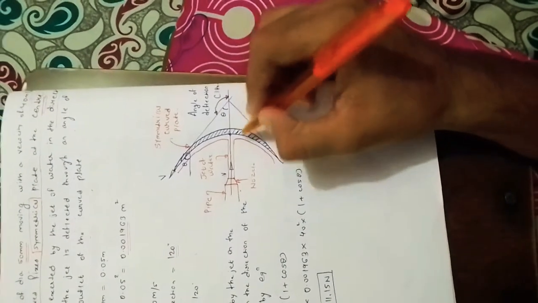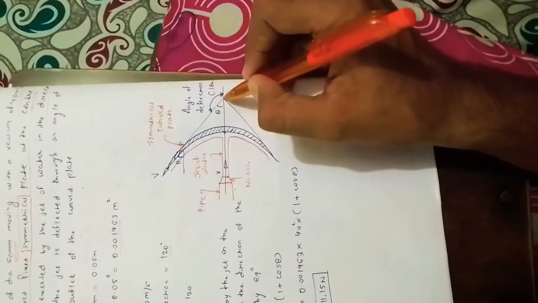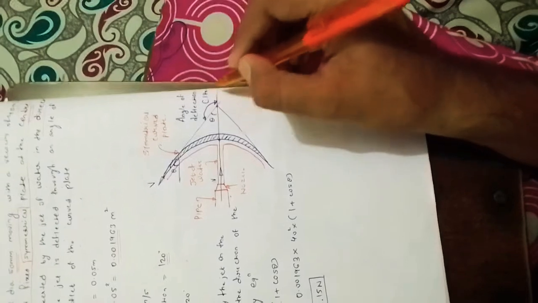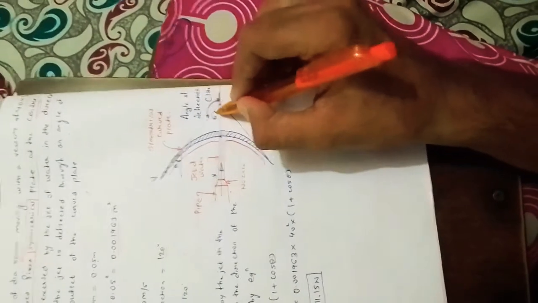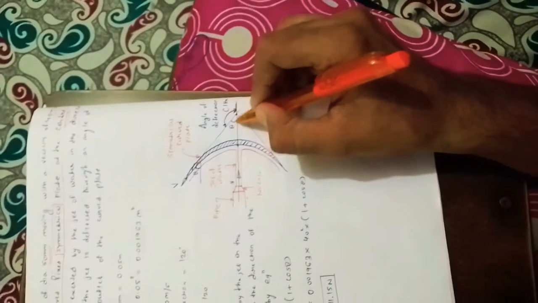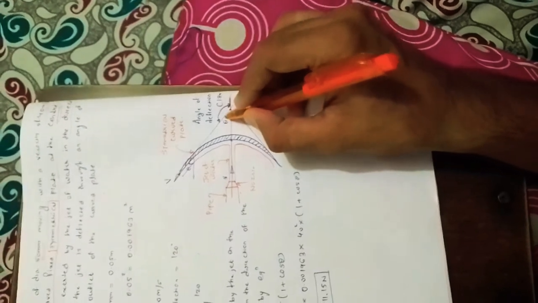One more thing we have to draw in the diagram is that the angle of deflection is this angle. Suppose we have drawn two tangents at the upper point and at the lower point. Both tangents will meet at this point. Correct. So the angle of deflection is the angle from horizontal towards the tangent. So this outer angle is the angle of deflection. Correct. And our aim is to find the inner theta. Okay. In the diagram, everywhere the angle is this value theta.